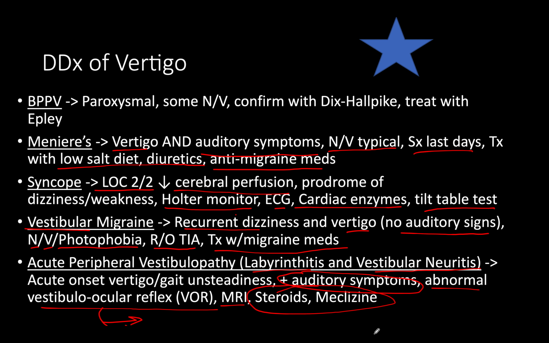No, Daphne, I feel the same way. I'm not sure the way that they teach it in medical school or what, but I was always kind of confused by it too. Really, the most important differentiating thing that you need to be able to do is between BPPV and Meniere's. As long as you can differentiate between those, which is actually not hard to do. I mean, Meniere's, yeah, you have vertigo, but you also have loss of hearing, right? You have ringing in the ears. That is not a part of BPPV. And it never will be a part of BPPV because it involves the semicircular canals, whatever they are, and it doesn't involve the auditory system. Okay, so seeing that really helps.